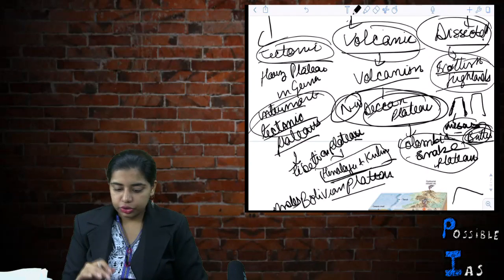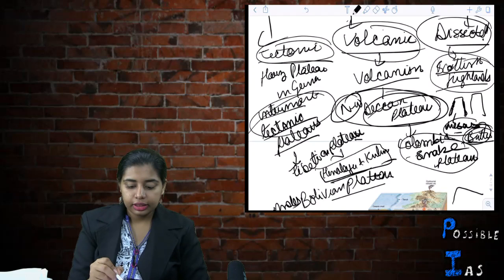Okay. So this covers it. Now we have done highlands, we have done plateaus, we have done mountains. So now we have to do the lowland, that is plains. We have covered the high areas, so we have to cover plains also, right? So what are plains? Plains are basically very monotonous features. What happens is that they are generally, there are